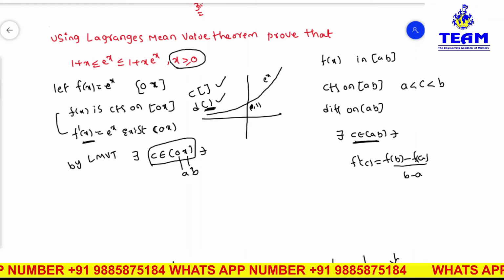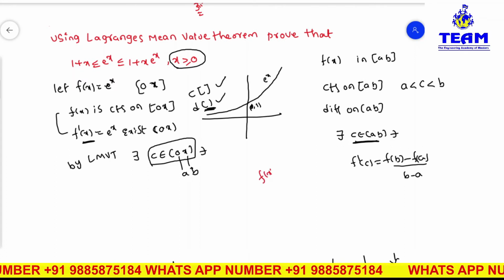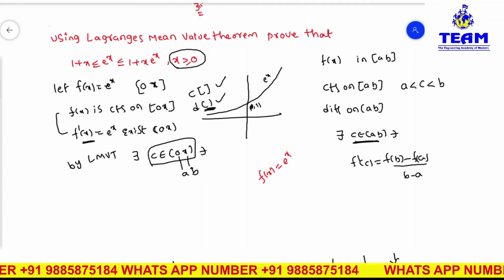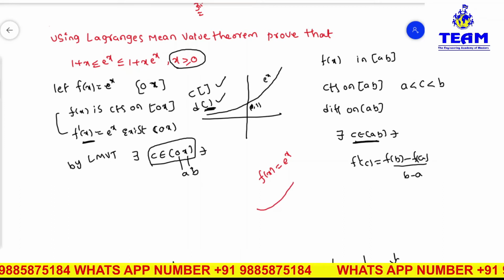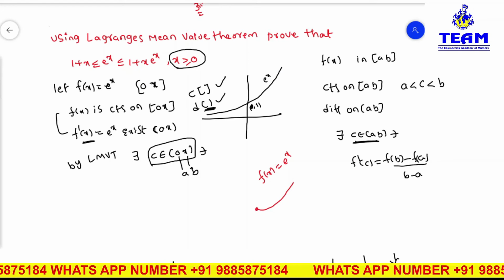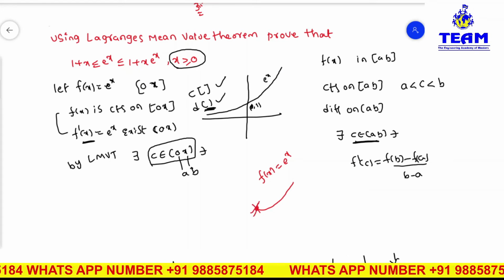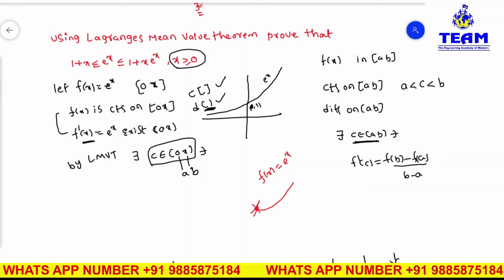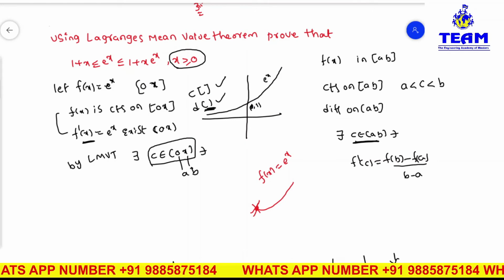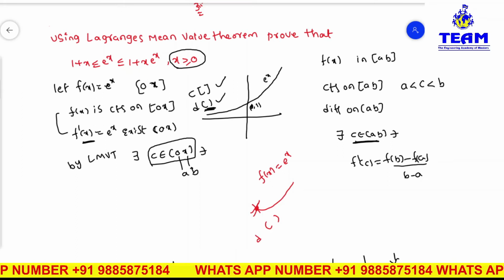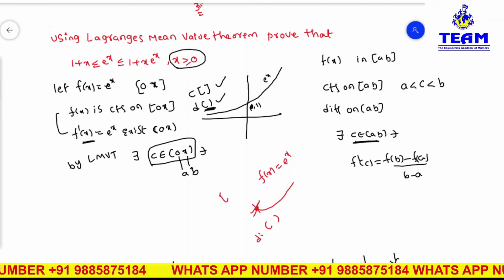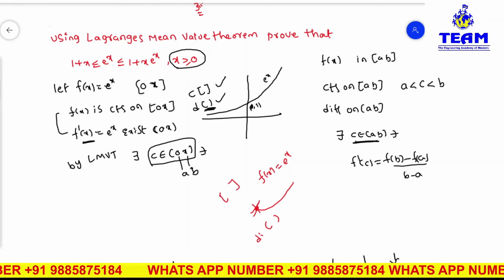Friends, you remember any function that may be f of x is equal to e power x, sin x, cos x, tan x, whatever it may be. Sometimes in the graph of the function, you may get at end points more than one tangent like this. That is the reason we are not taking closed interval. We are taking open interval only, differentiable on open. But the continuous we are taking at the end point. It's not an issue.